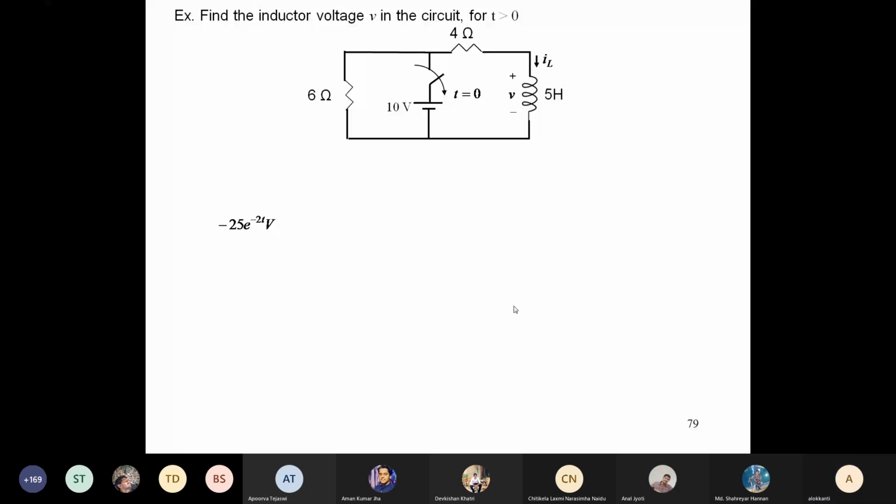Okay? Yes, sir. Got the answer. Got the answer? Good. Okay. So these are simple. Gradually, the more you practice, you will get used to this type of